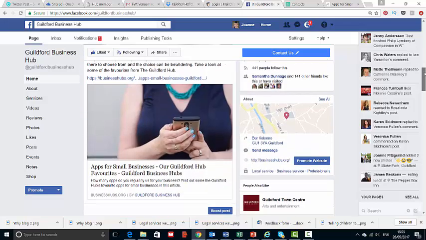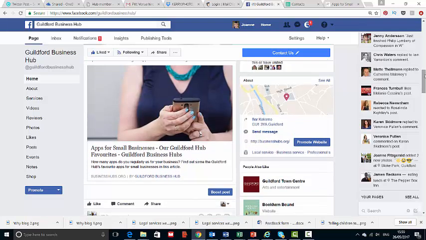Now the reason why you would do that is obviously to get it in front of people that are more likely to engage or like or click on your post, which all boosts the amount of people that see the post and is good for your analytics. But it's also a good thing to do to practice if you're thinking about doing some Facebook advertising or boosting posts, because it is getting those audiences right and targeting them correctly that will get you the results.